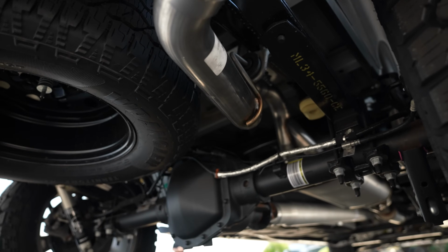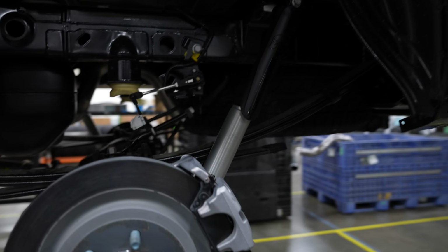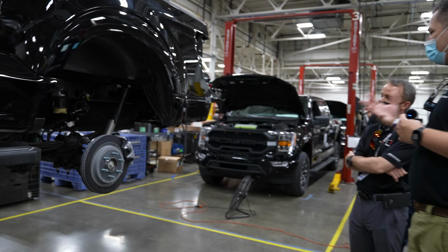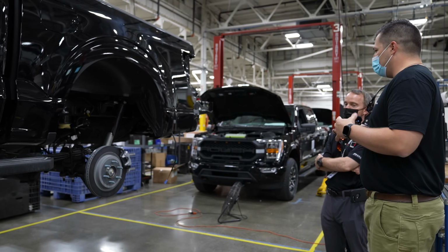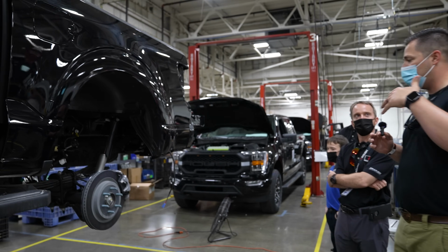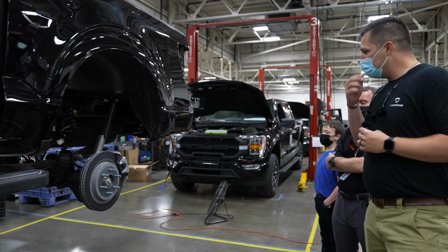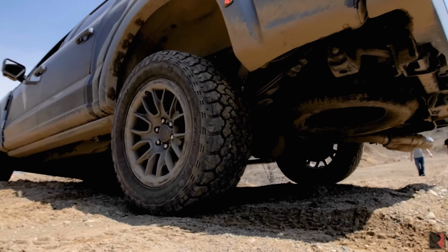Is this the step where they're starting to alter the suspension? Is that right? That's correct. So what kind of suspension are they getting? Is it just a different shock absorber? Is it just a leveling kit in the front? What's going on with the truck? It's a whole new suspension with a lot more off-road capabilities than the